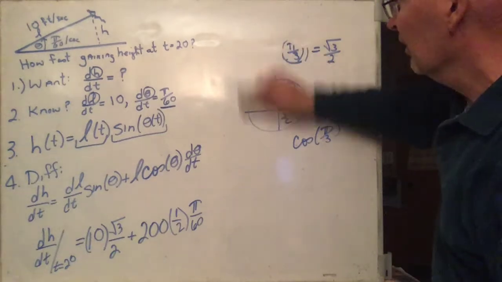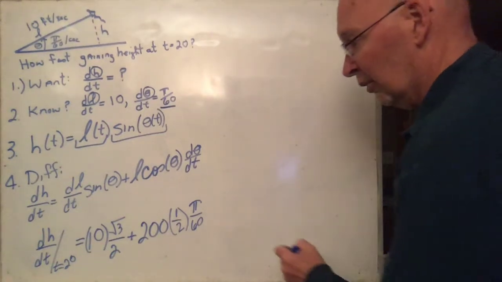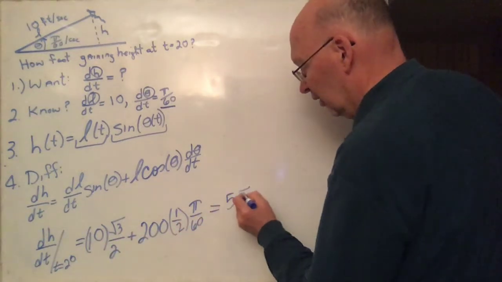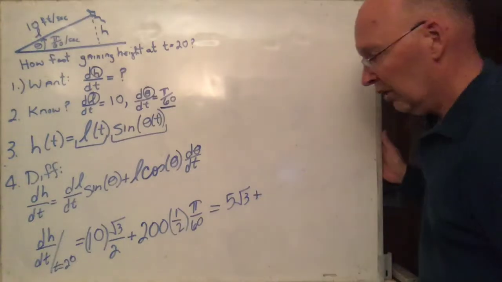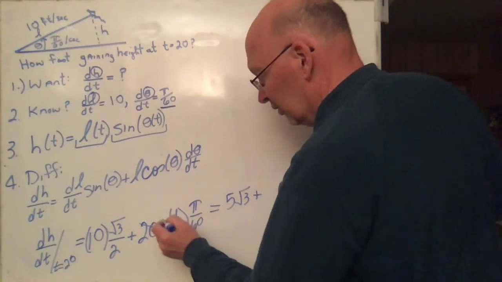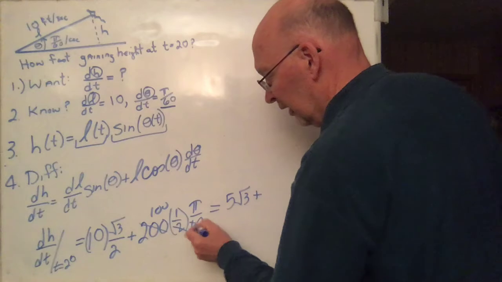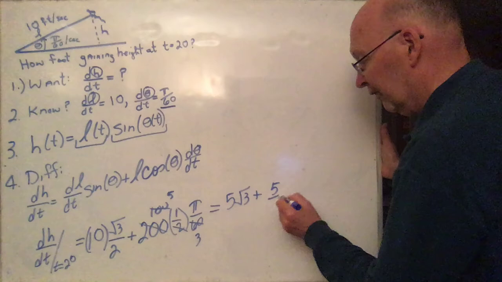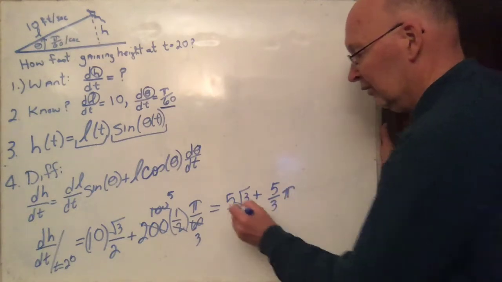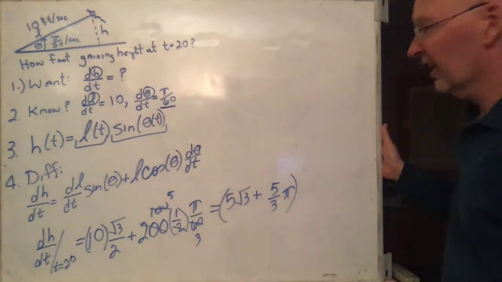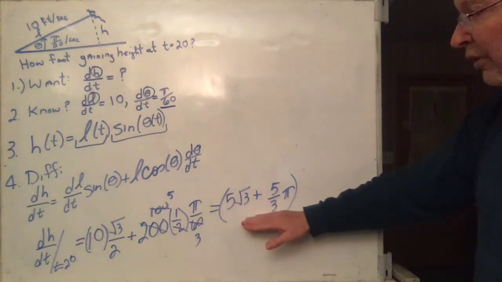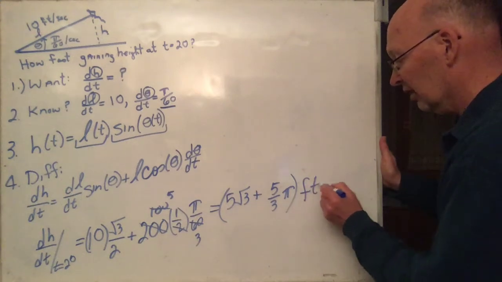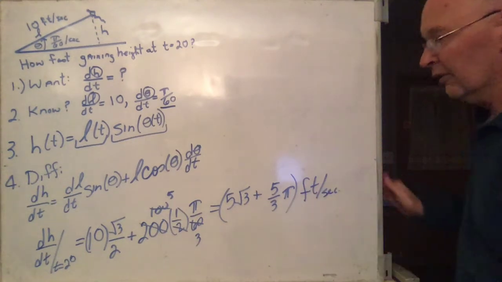So now we just have a bunch of numbers to multiply together. What's that going to be? 10 over 2 is 5, so it's going to be 5 square root of 3 plus, let's see, 200 divided by 2 is 100. 100 divided by 60 is 5/3. So it's going to be plus 5/3 pi. Interesting. You wouldn't have come up with that as the exact answer if you hadn't had calculus. So there's your answer, and that's dH dt, so that would be in units of feet per second. So that's how fast